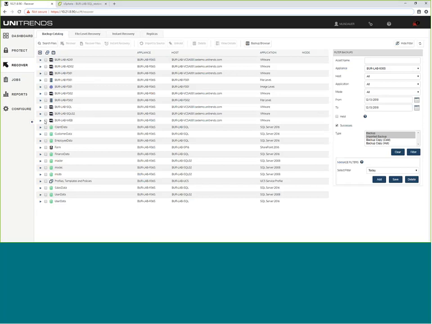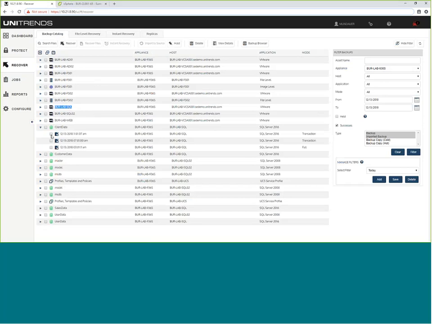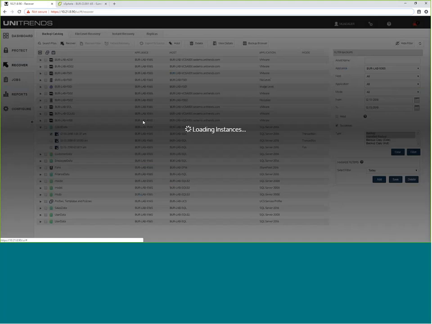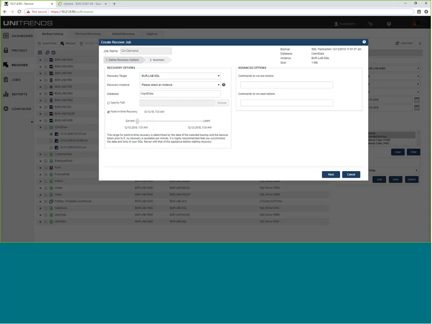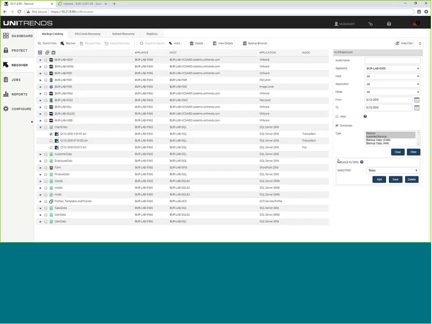So we've talked through file level recoveries, and full VM recovery through instant recovery or Replica. That was a SQL server that we just recovered. If you just want the ability to recover individual databases, like I mentioned earlier, you can recover those databases to a specific point in time because we're truncating those transaction logs. So you can recover back to the original SQL server, or a different SQL server, down to the minute. A lot of flexibility and granularity in how you're able to accomplish these different types of restores, as well as being incredibly intuitive, right? There's not a lot of training required to understand how to operate the solution.